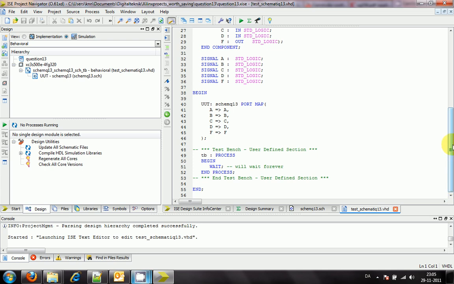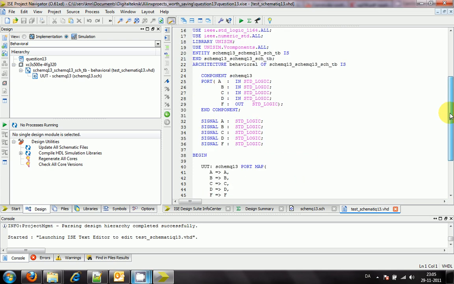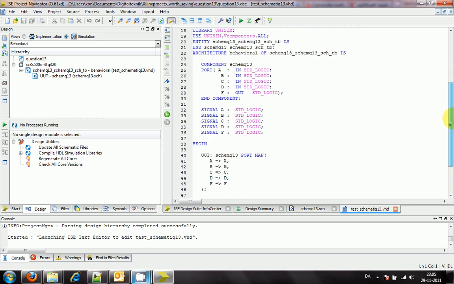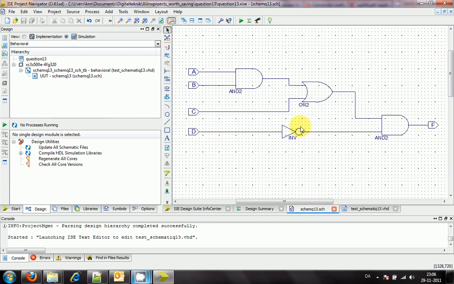So what is VHDL? VHDL is a text entry language where you can enter schematics or test benches or other things instead of using schematic entry. Looking into this, I can see that something here looks like a text version of what I have already entered as a schematic. I have A, B, C and D being inputs, and I have F being output. This looks very much like my actual schematic here. Going back to my test bench,